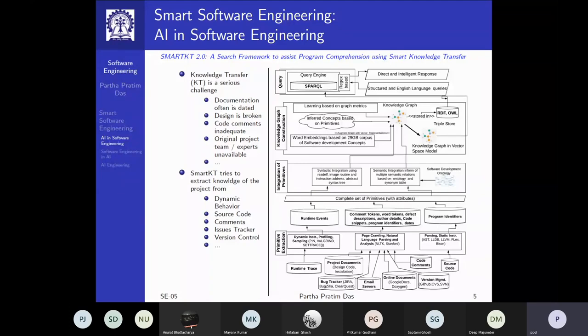So what we are trying to do in Smart KT, Smart Knowledge Transfer, is we consider all of these project components as knowledge sources, and we use extractors to extract the knowledge. For example, since it has perfectly executing code, we run it and we use a runtime event tracer called PIN to see what events are happening and log those events.